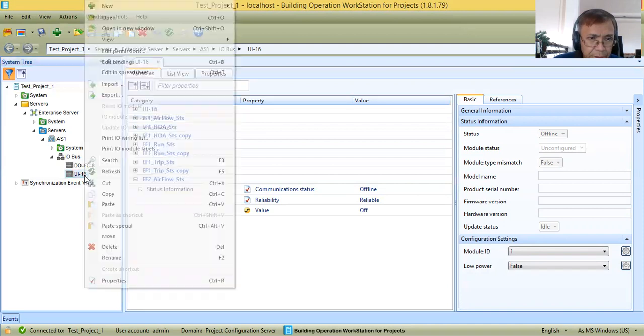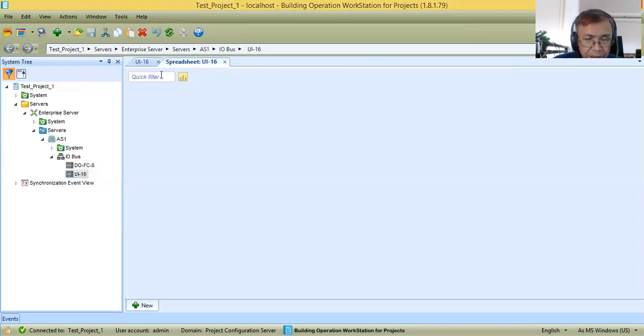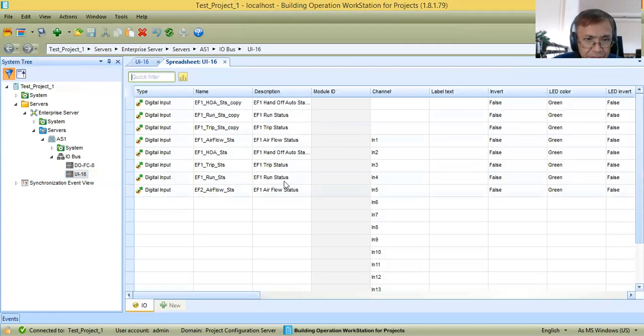Now here, what you can do is edit in spreadsheet. So let's edit in the spreadsheet so that I can change this one, hand off auto, to 2.